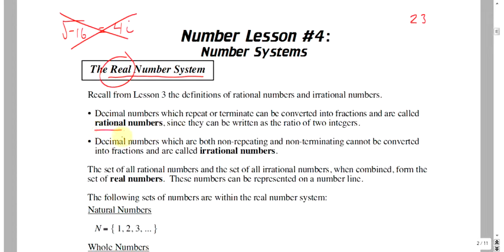Okay, rational, irrational. That's what we did yesterday, not on the quiz, but quickly, give me an example of something rational. Okay, we don't want to know what's irrational. We want to know what's rational. If it's not rational, then it's irrational. Okay, don't confuse yourself. We know something's rational if what happens? Okay, if something repeats